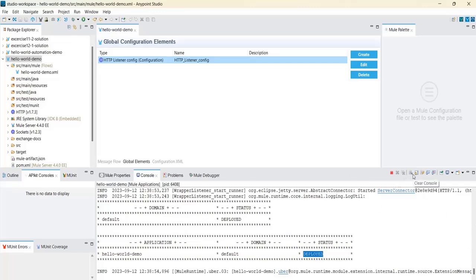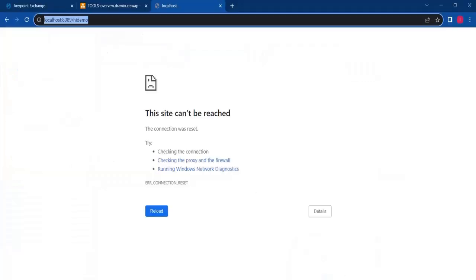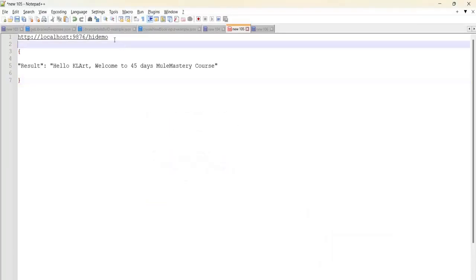So this is to clear the console. It clears all these messages. I'll just click it to show you the actual test details. So I just cleared it. Don't click here. If you click here, your application will terminate again, and it won't allow testing. So now let's hit this URL. Let's test this. Because we changed the port, we can take that latest URL